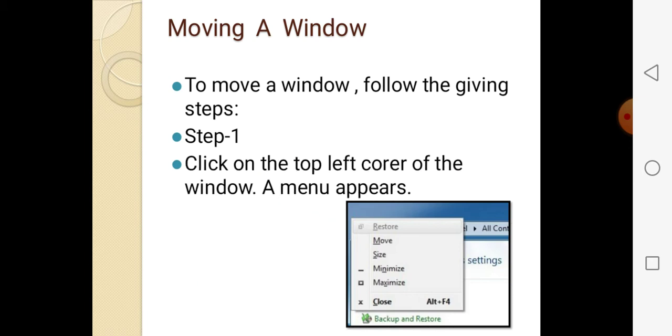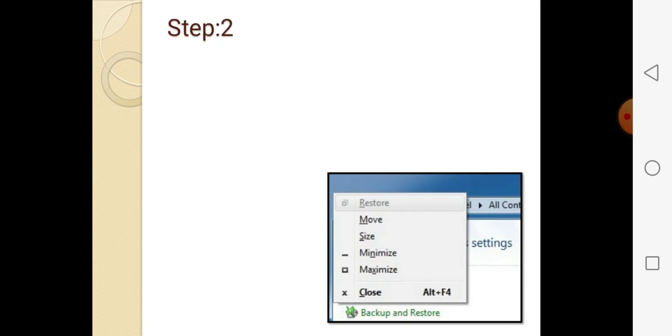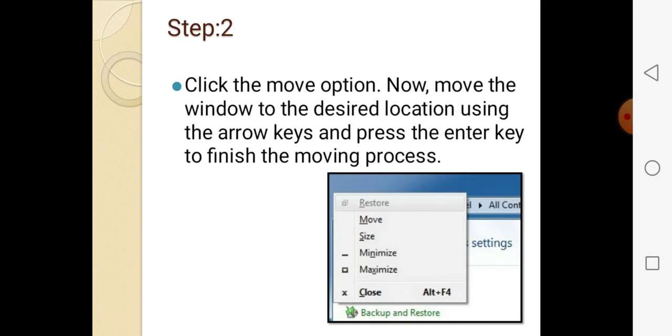Click on the top left corner of the window. See, here at one corner you have to click, and then after that click the move option. Now use the arrow key to move to the desired location. First, you have to click on the left corner, right?